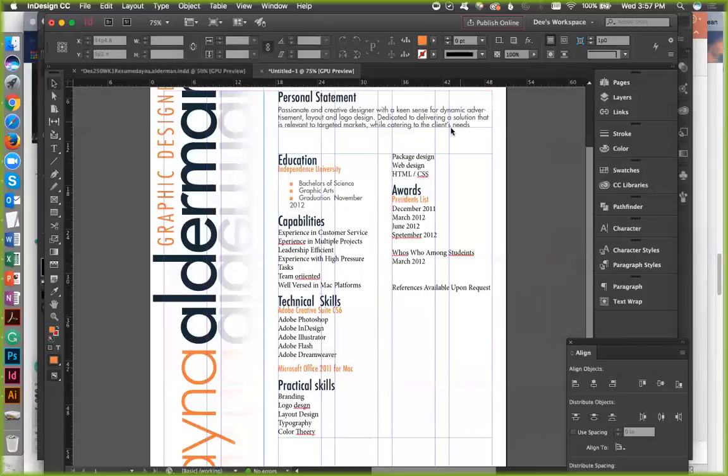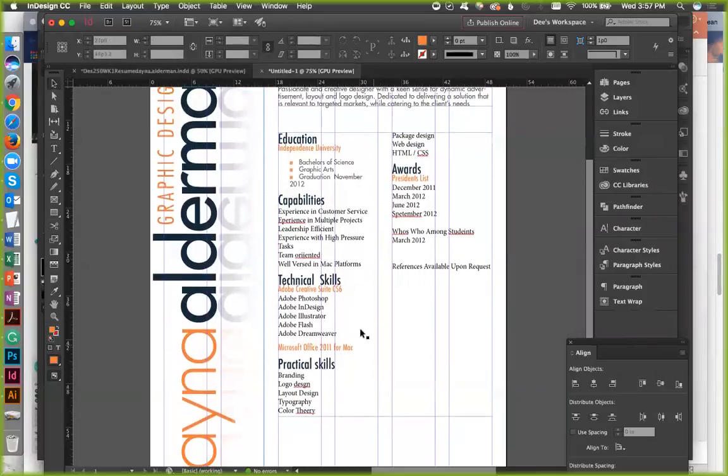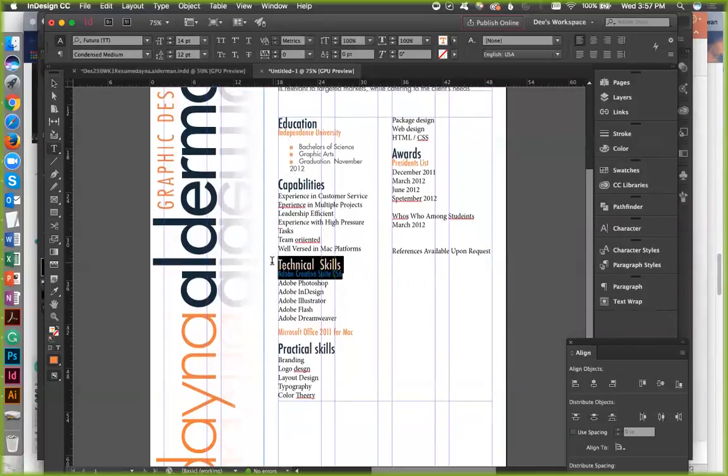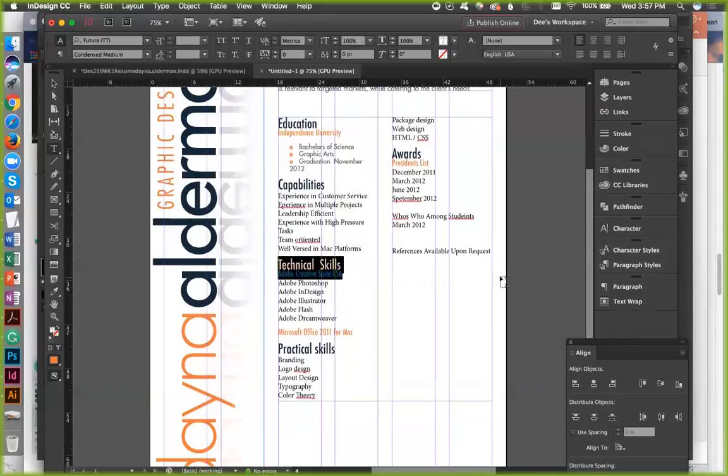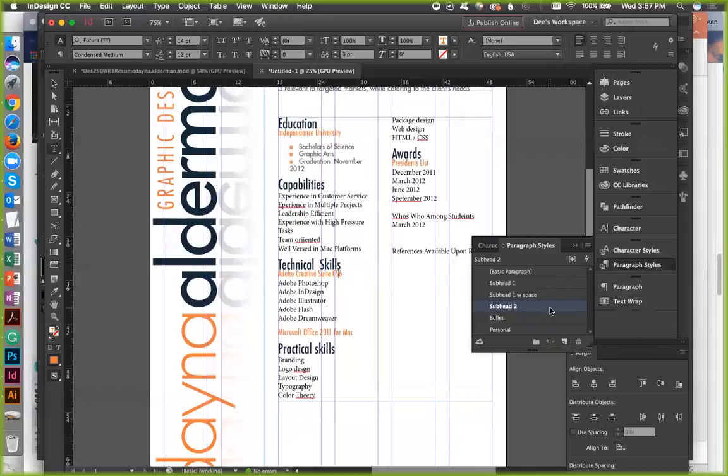Now notice that it automatically works. See my leading in here. I need to watch that leading. This needs to be a 12 regardless, but come over here and align, let's see. Subhead 2.